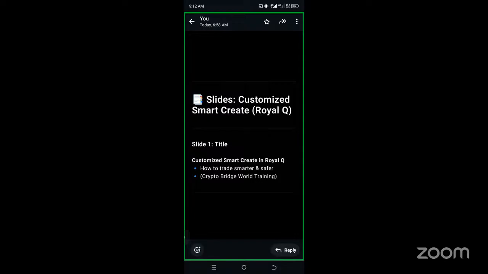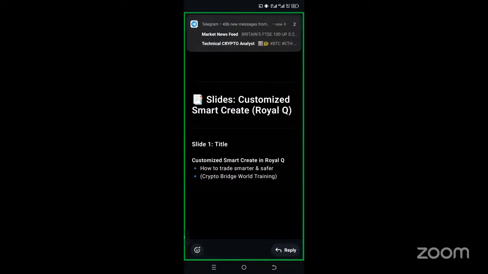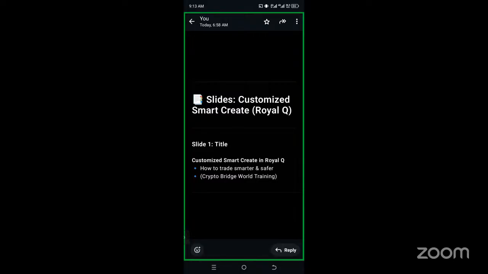And we say that when you are in Smart Create in general, coin selection is very important. We say that we trade the coins that have high volume and high liquidity, and when we trade them, we are lucky to trade assets which cannot easily be delisted in the market. And again, they don't have more floating loss. So the skills of setting can enable us to get money from these assets because they are visited by many people frequently, and they are volatile, but the volatility differs depending on high volume and